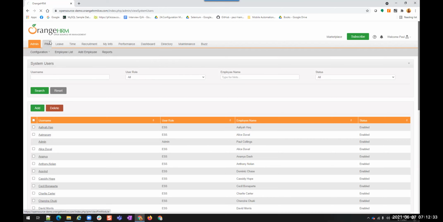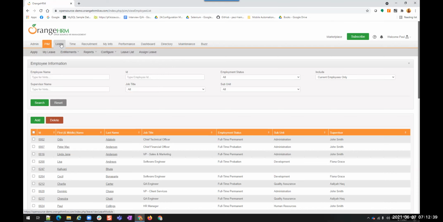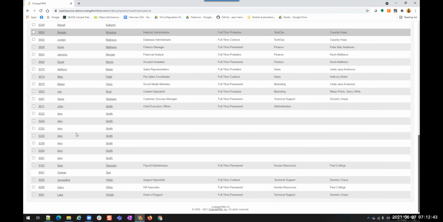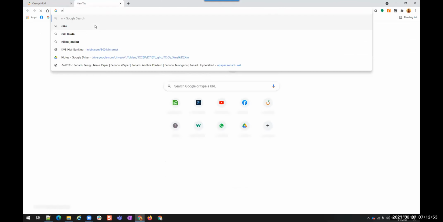And then PIM is another module related to the employee. Okay, leaves, time, recruitment. So like this, you have so many things where you can practice Selenium on this application. Okay, this is one, and then we have